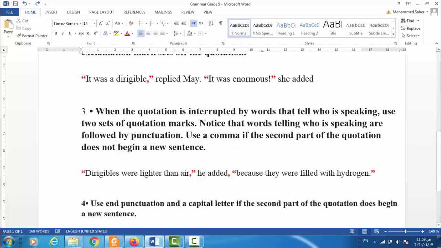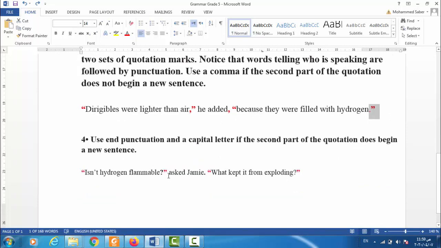So because they interrupted the sentence or divided the sentence into two parts, you have to divide your quotation like this. You have to put a quotation mark here and another quotation mark here. Okay guys, this is number 3. Number 4, use end punctuation and a capital letter if the second part of the quotation does not begin a